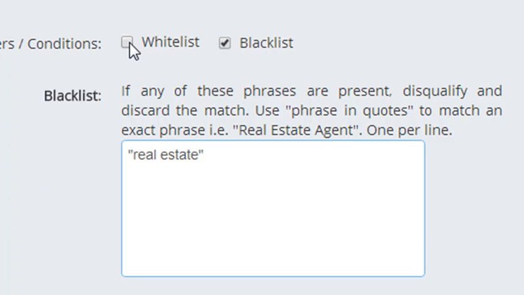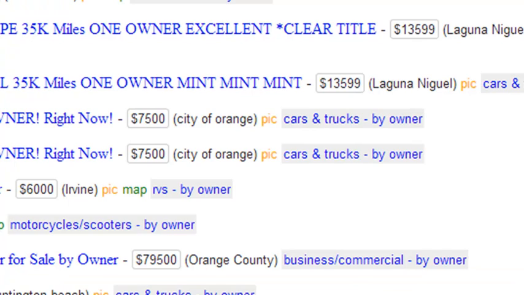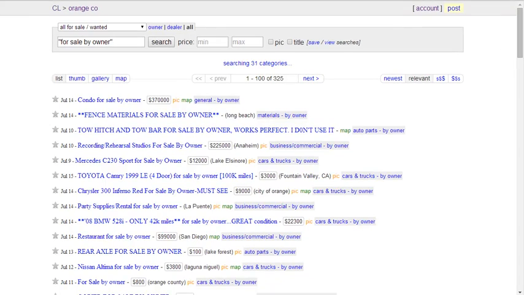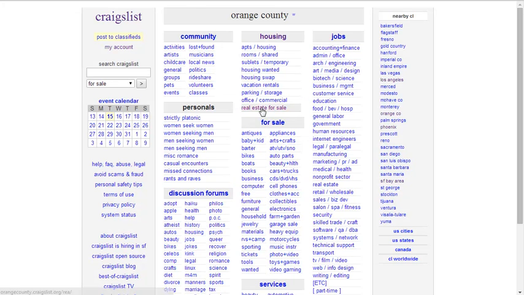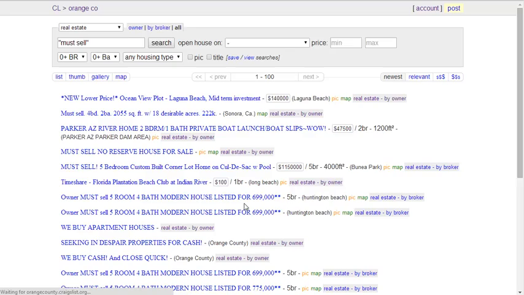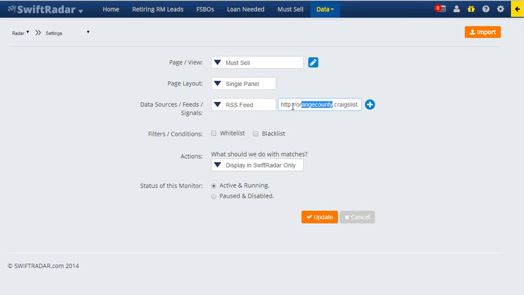So if you wanted to find desperate sellers, you could put something like must sell, or must sell by, as your whitelist, and it would only show you those phrases on Craigslist in the real estate section. So what you could do is go here to, in this case, Orange County, go to real estate for sale. We'll just look for must sell, which is actually going to be a lot more records, so we don't need both. So we could just replace this, hit Control V for paste,